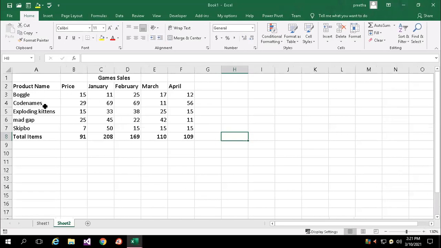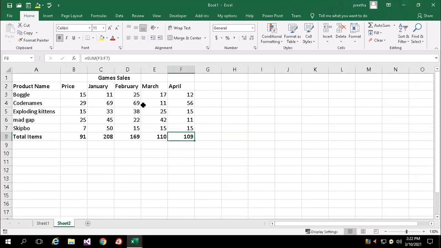I have various gaming products, and I have the sales, the price, and how much sales I got, or at which price we sold in different months, or you can enter even throughout the year. So finally, what is the total amount we got? Everything we have totaled here.